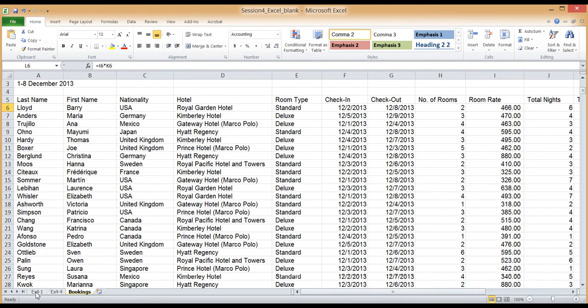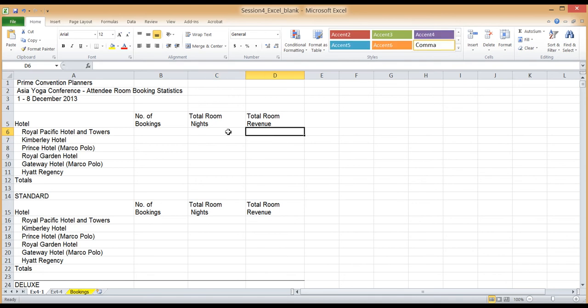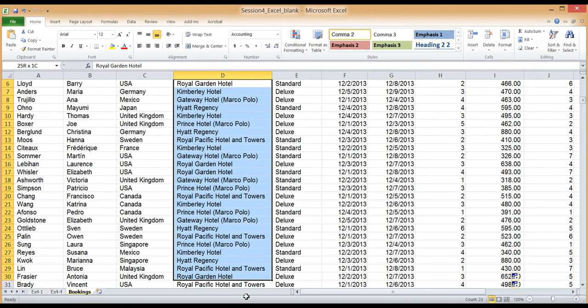And now we can move on over to exercise 4-1 here, where we're going to calculate number of bookings for each hotel, room nights for each hotel, and room revenue for each hotel. So let's start with number of bookings. For number of bookings, we're going to use a function called COUNTIF. And the way COUNTIF works is it accepts 2 arguments. The first argument is the range that you want to count. And the range that we want to count is here, D6 to D38